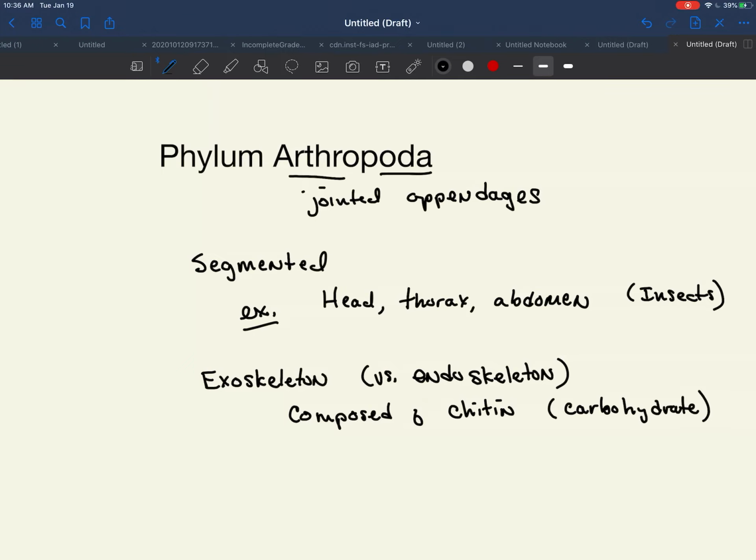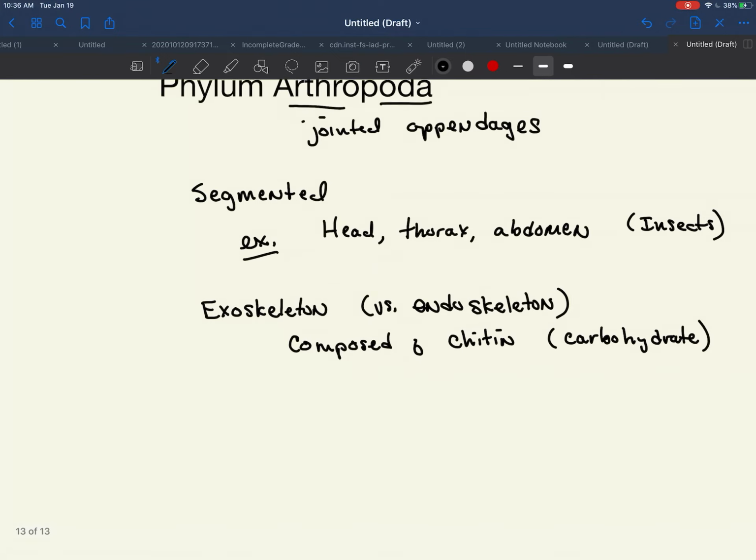We cannot digest this carbohydrate. And so it would just be fiber in our diet if we, for example, decided to eat the whole shrimp, including the exoskeleton. That would be the chitin. We cannot break it down and release glucose and use it to produce energy. So when we look at the exoskeleton